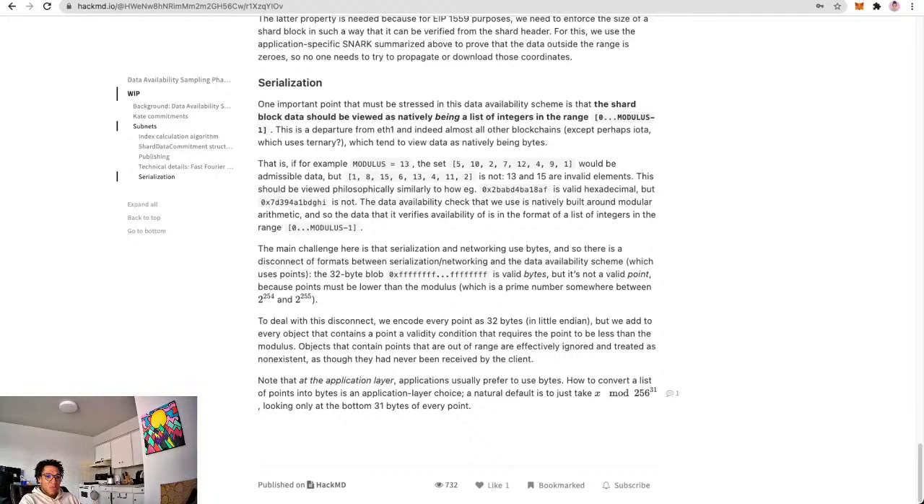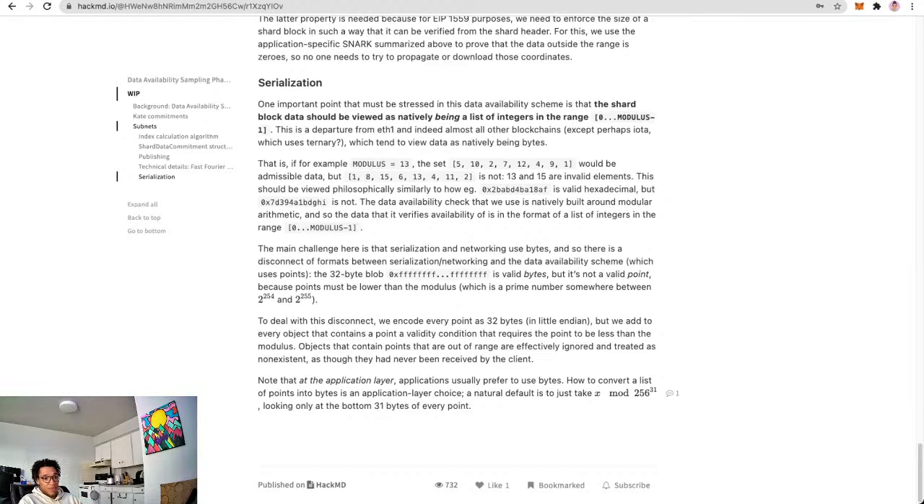For example, say modulus equals 13. Then the set 5, 10, 2, 7, 12, 4, 9, 1 would be admissible data. But 1, 8, 15, 6, 13, 4, 11, 2 is not, because your modulus equals 13, so 13 and 15 are invalid elements. This should be viewed philosophically similarly to how, for example,